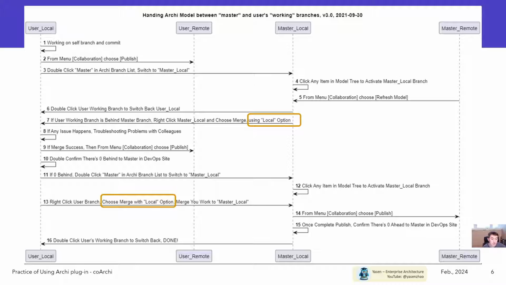If any issues happen, call a meeting or find from the DevOps history who did these recent commits. Try to discuss, that is the offline discussion, and do the troubleshooting, because sometimes not all conflicts can be solved without losing anything. Another recommendation is to do this kind of merging or synchronization work